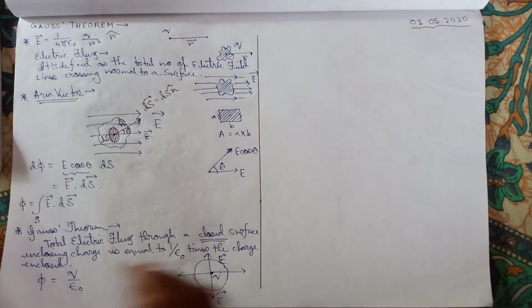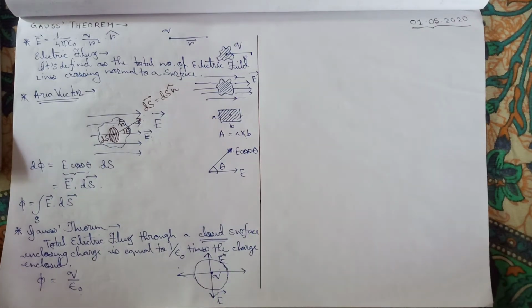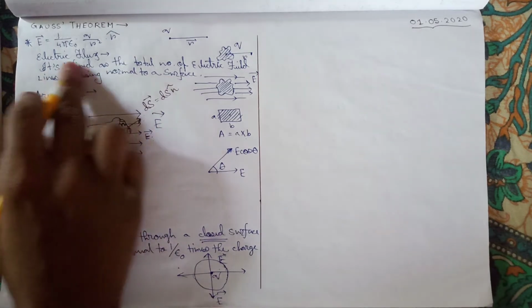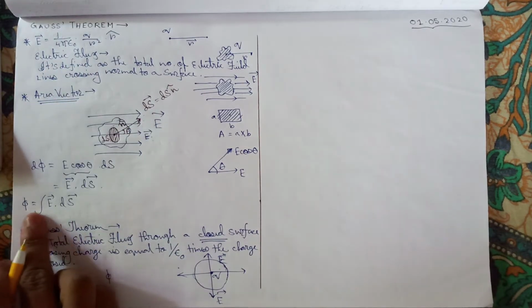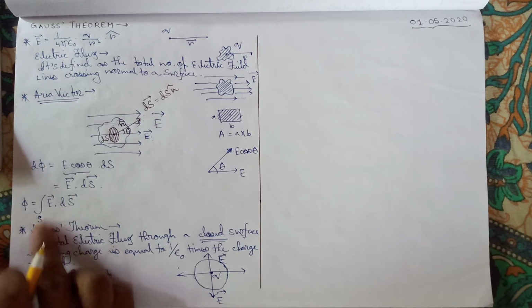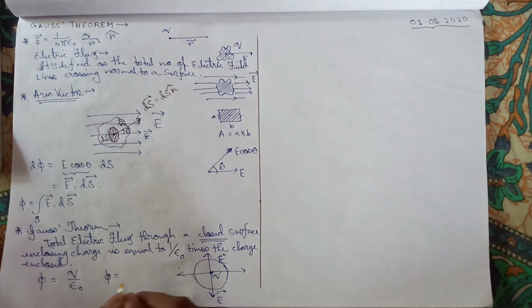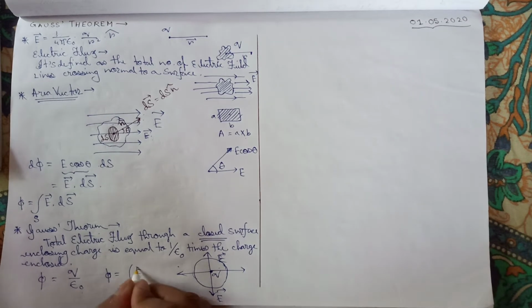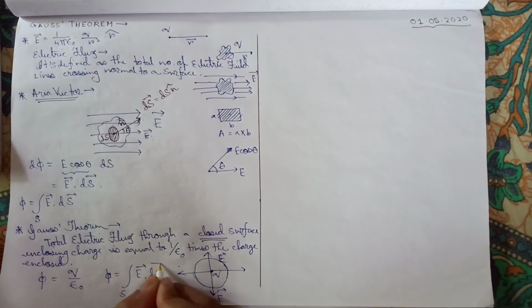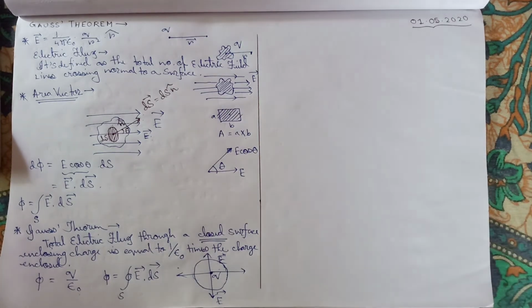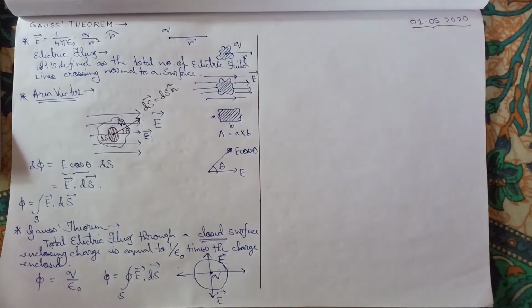If it is a medium of absolute permittivity epsilon, then it will be substituted by epsilon. Now another way, it is a closed surface, right? So we can say the flux through it, from the definition of electric flux, is the surface integral of the dot product of electric field and area. So we can write that for Gauss theorem it is also valid, but the integral will not be only an integral, it will be a closed integral. Why? Because we are considering a closed surface.